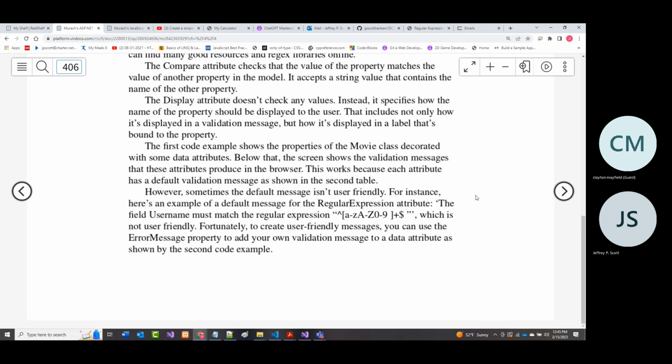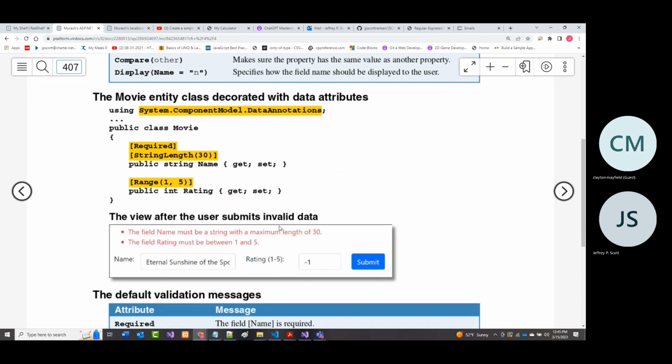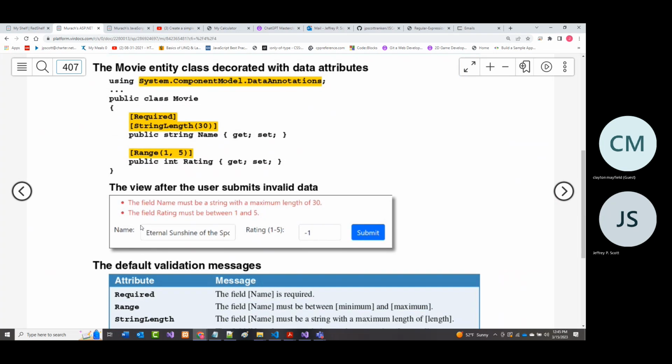So they've got some examples in here. Most of them hopefully are pretty self-evident. Again, we've done the required. There's a string length which says the movie cannot have a name greater than 30 characters. So they are putting in something bigger than that. You can see the message. And remember, right now, they are not using customized error messages.